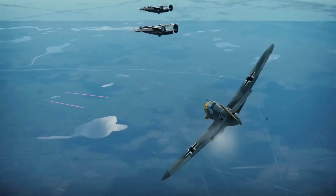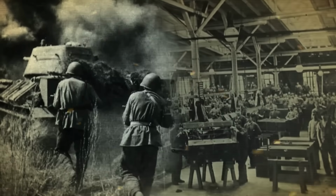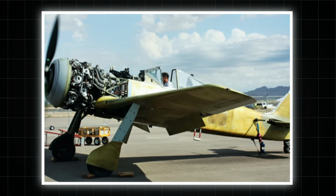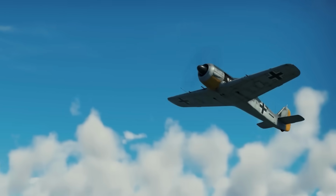demanding to know why BMW was failing while Daimler-Benz succeeded with their inline engines. The development team knew they were one failure away from seeing their entire program handed over to competitors. In desperation, they began recruiting engineers from Switzerland and occupied territories, anyone who might have fresh ideas about cooling and